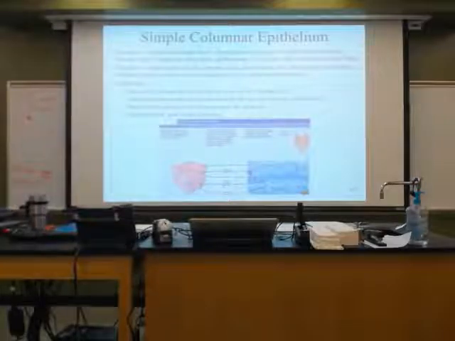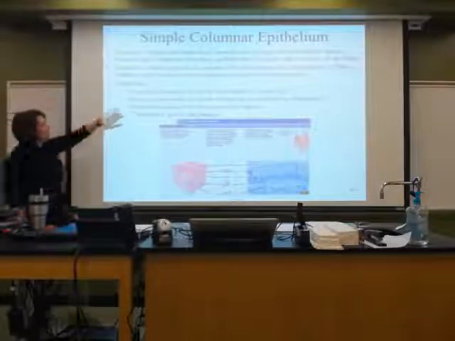The simple columnar, one layer, very tall cells. They're really cool to look at under the scopes. And we're going to see glands, some ducts, bronchioles, ears, uterus, stomach, intestine, gallbladder, bile ducts, ventricles of the brain. Woo! Okay, so I got quite a bit of simple columnar